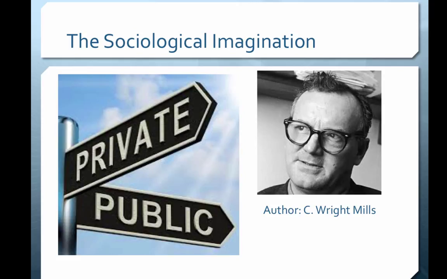Now, in Wright's view here, there was a promise that the first fruit of the imagination enables the person to interpret his or her experience and gauge one's own fate by locating oneself in the historical period in which one lives. That is to say, where we are today, we're able, through our imagination, to get some perspective of where things were, say, 10 years ago, 20 years ago, and start to imagine how we are today. That there are some things privately that we're able to do differently that will affect our positive outcome. And there are things that could occur within the public.